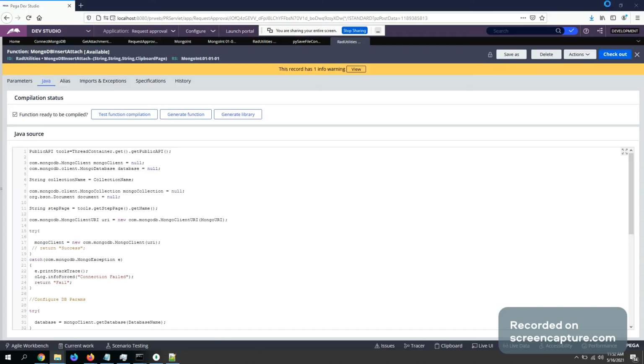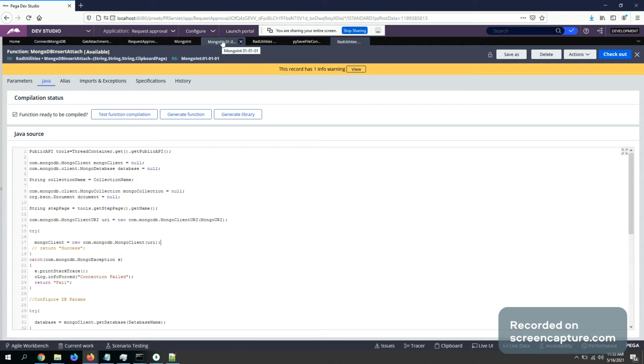Once you download it, you install it in your personal edition. Here I'm using Pega 8.4 personal edition. Once you import and install, you restart the system, and then you start with writing a few rule utility functions and a couple of activities. I'll show you first, to start with.